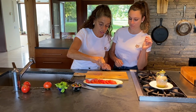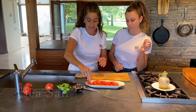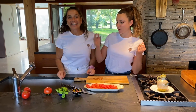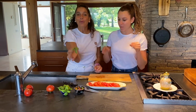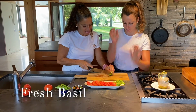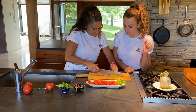Now, Lucia likes finely ground salt, and Michele likes rock salt, salty salt. And since we're probably going to eat it, as usual, we're going to have rock salt. And then one is for garnish. This one's for garnish. It's pretty. And then we're just going to slice up very gently a little bit of basil,